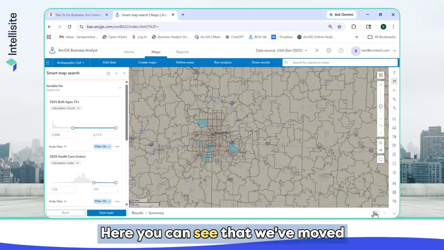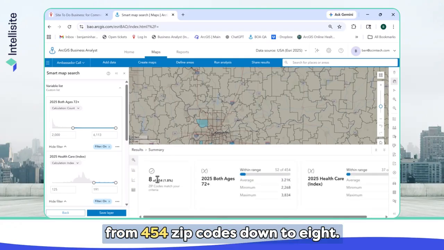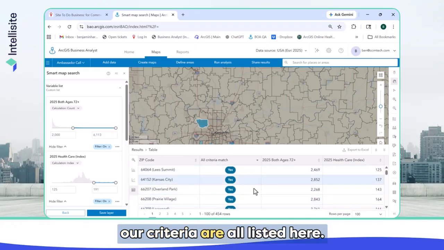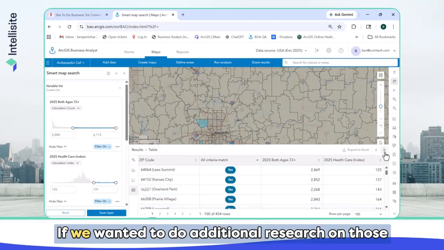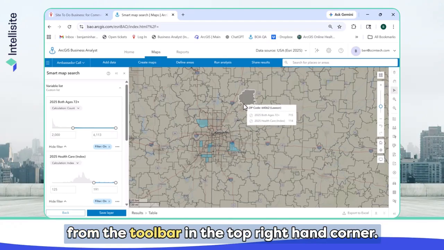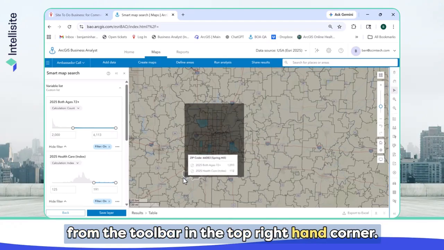Here you can see that we've moved from 454 zip codes down to 8. The 8 zip codes that meet our criteria are all listed here. If we wanted to do additional research on those 8 zip codes, we could select the Select key from the toolbar in the top right-hand corner,